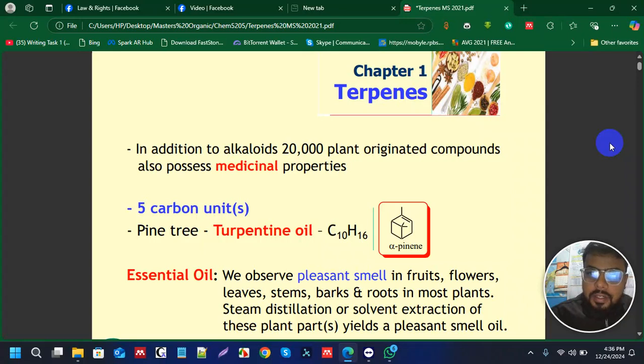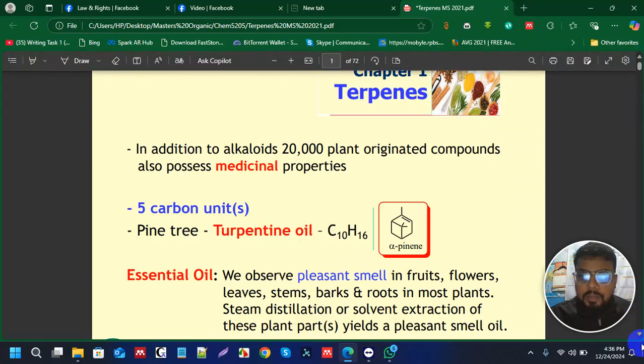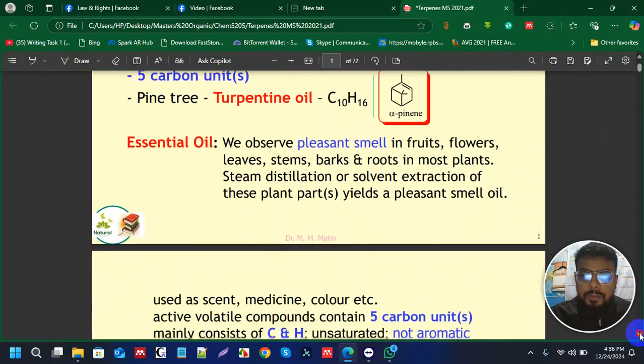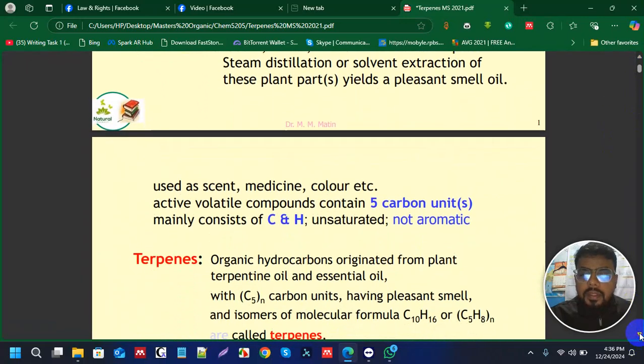Today I'd like to share this topic, terpenes. Actually, how can you define this term, terpenes? Terpenes means, you can say, the organic hydrocarbons, or the part of natural products. Those are originated from plant turpentine oil and essential oil with C5 and carbon units, having pleasant smell and isomers